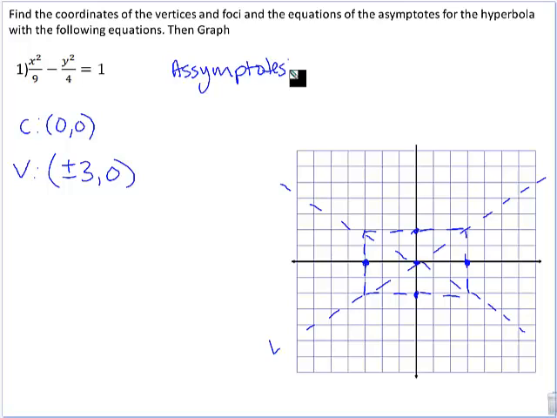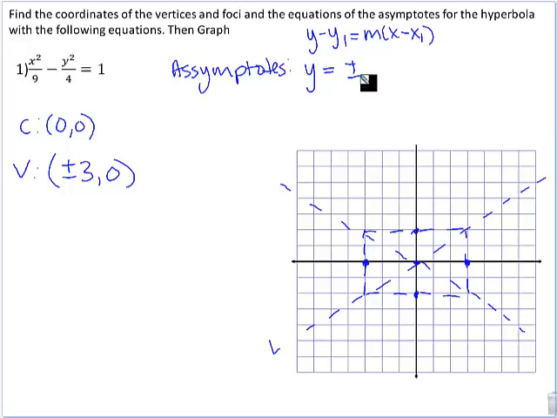You just want to think of point-slope form. So point-slope form is y minus y1 equals m times x minus x1. Or you can look at the chart of information. Y minus y1, well, we don't have a y point here because we go through 0, 0. So we would just say y equals